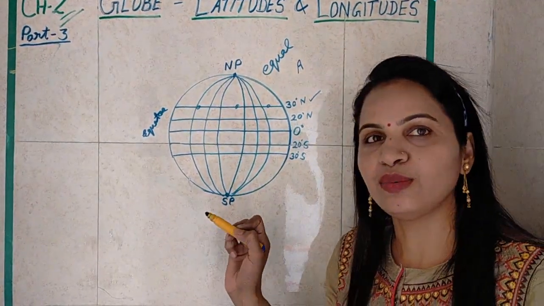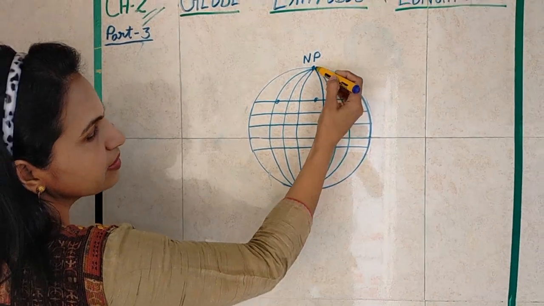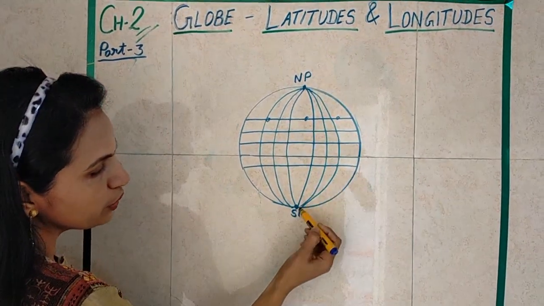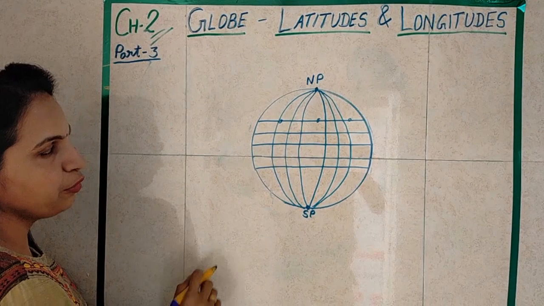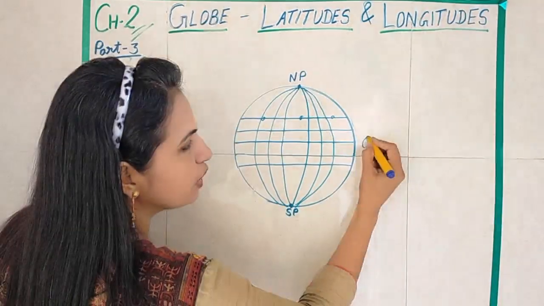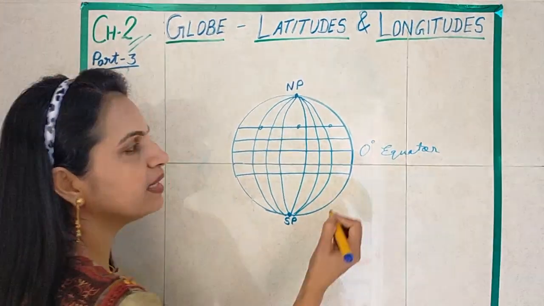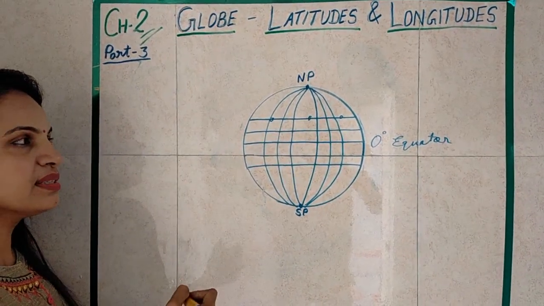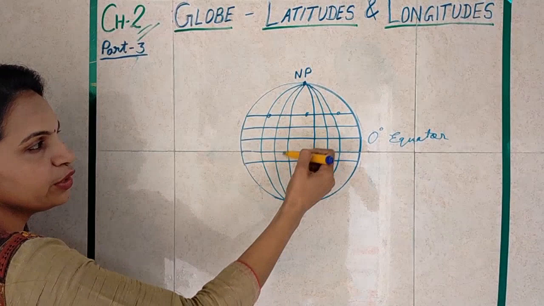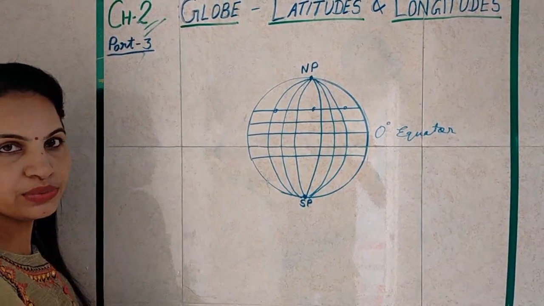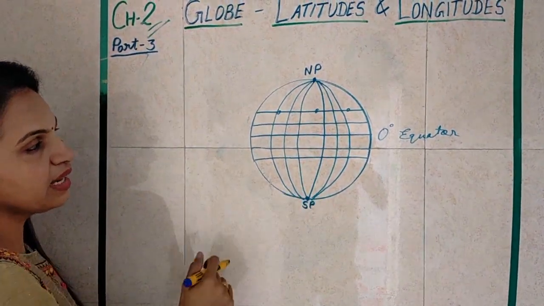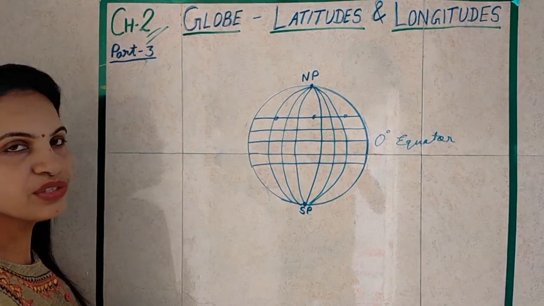We have discussed that these all are longitudes, but the main thing is that we have decided that the 0° equator is the main latitude. Now the question comes: all these are longitudes, so which one is the main longitude? How can we calculate the time or place, or how can we give degrees to them?